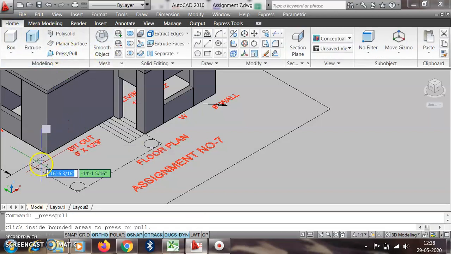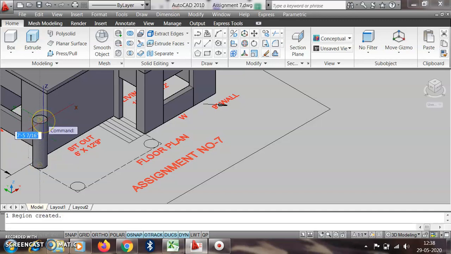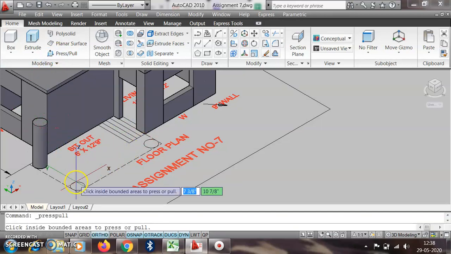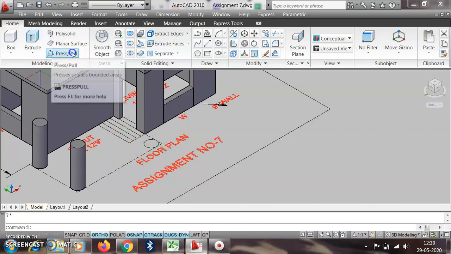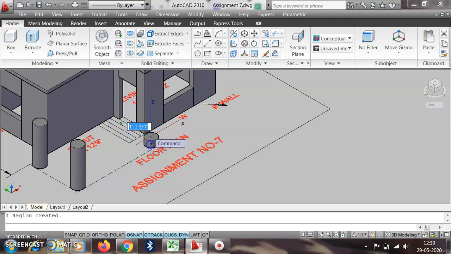We take the first column by press pull by 7 feet. Enter. Then again the second column, this is 7 feet, enter, and this column is again 7 feet, using press pull, and then enter.